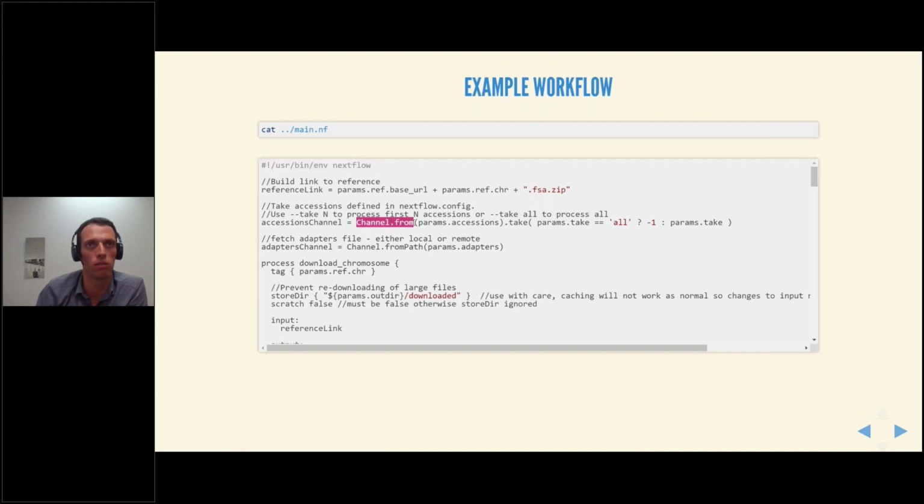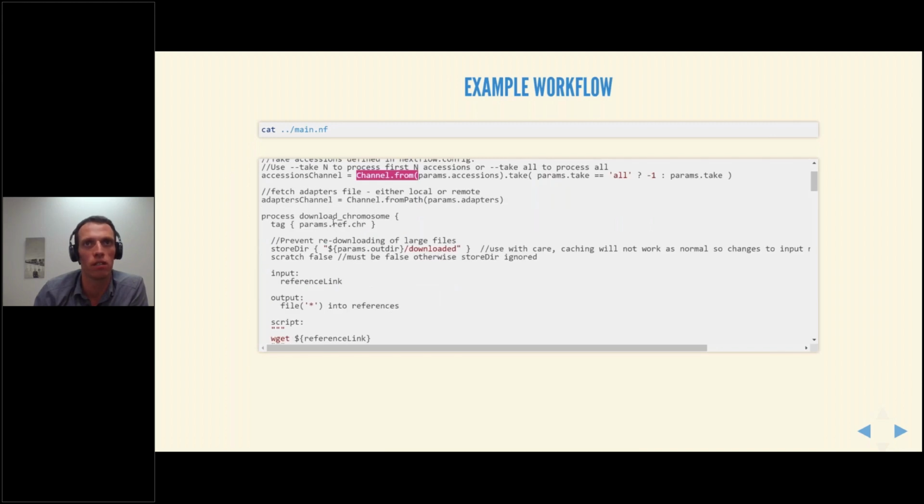We generate a few channels based on the inputs defined in a separate file. We'll get to that in a moment. But just to have a scour around the script, we have our processes as shown before.